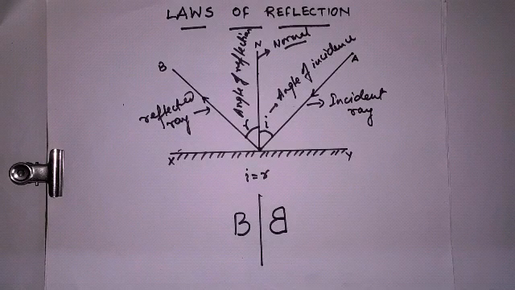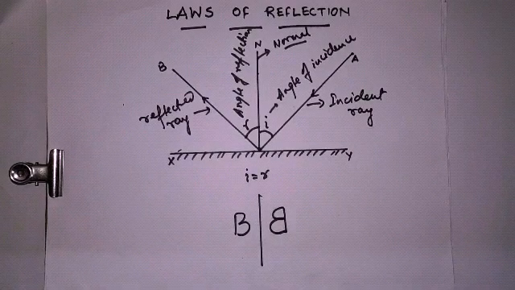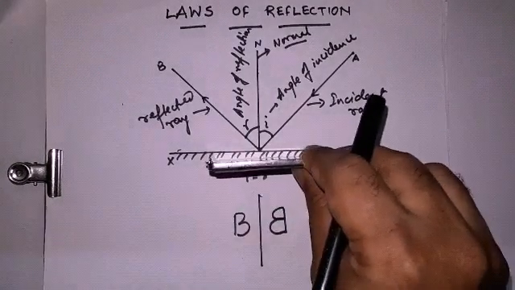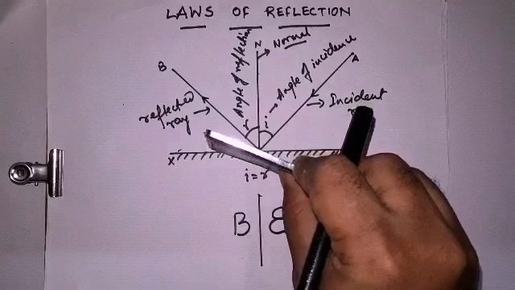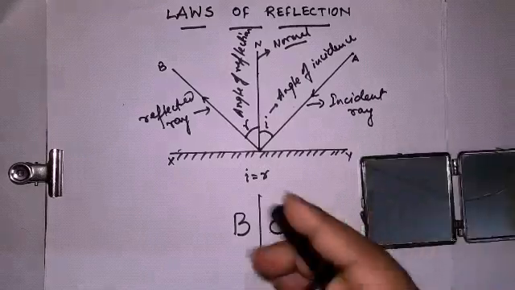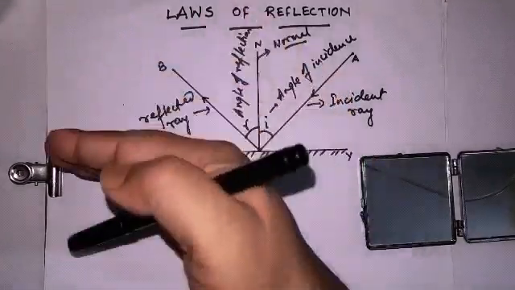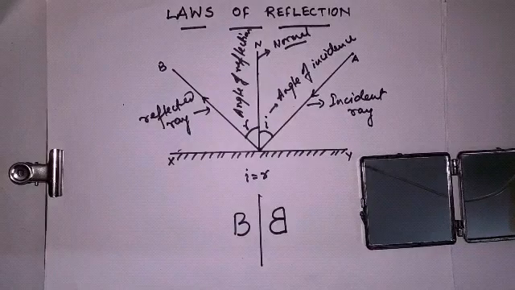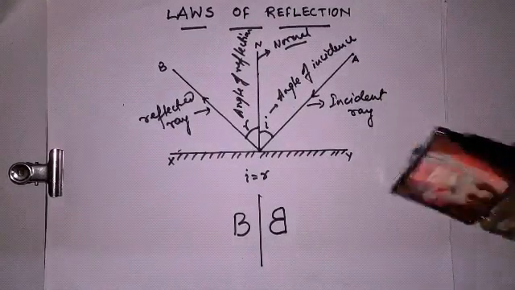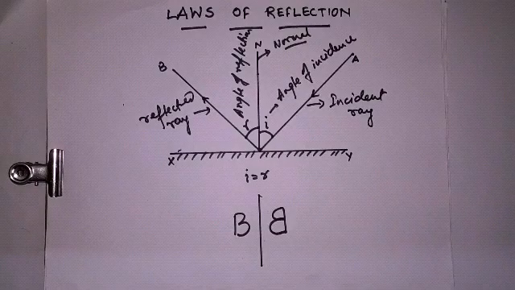That means if the mirror is rotated through an angle of theta, if I take this mirror and rotate it by an angle of theta, the reflected ray rotates through an angle of 2 theta. So this reflected ray will be moving at an angle of 2 theta. Clear? And then we'll move towards another very important topic about this portion of your plane mirror,